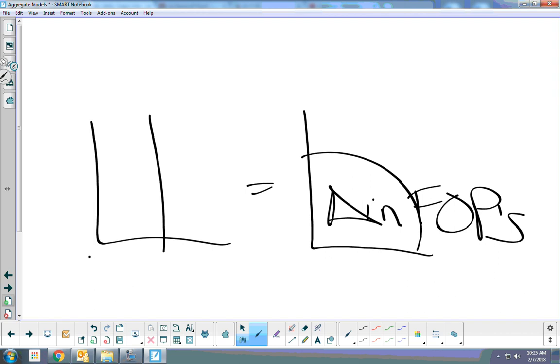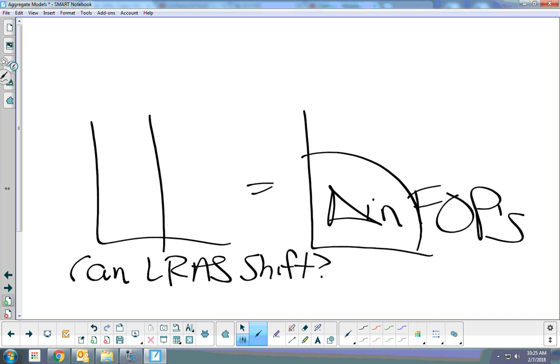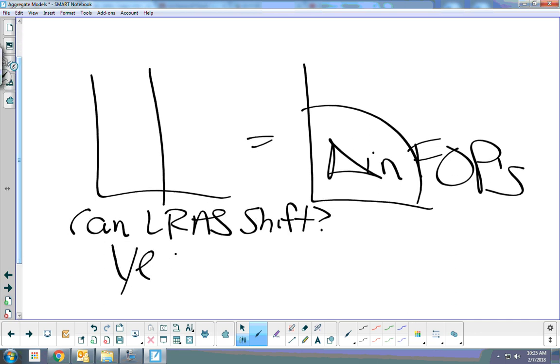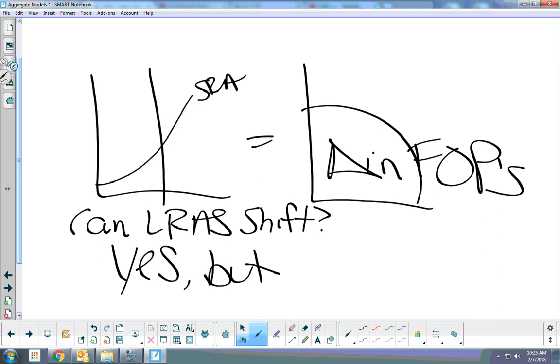So the question is, can LRAS shift? The answer is yes. But in this class, we will not shift it. Does it shift? Yes. Whatever shifts the PPF curve also shifts LRAS. But the majority of our questions that we're going to be graphing are going to be short run questions. So you're going to be shifting SRAS, short run aggregate supply. That's going to be the one that you're going to be shifting